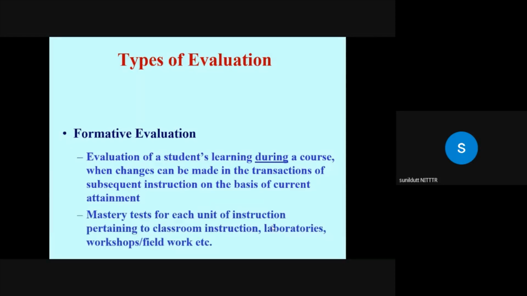have a mastery test for each topic, a laboratory, workshop, field work, or you can also do sectional recapitulation during the course, during the topic. Now, formative evaluation, when it comes to the semester, you take 3 sessional tests. You also give a weekly quiz, and you also give certain assignments. So weightage to all these components will provide you the information about the formative evaluation.